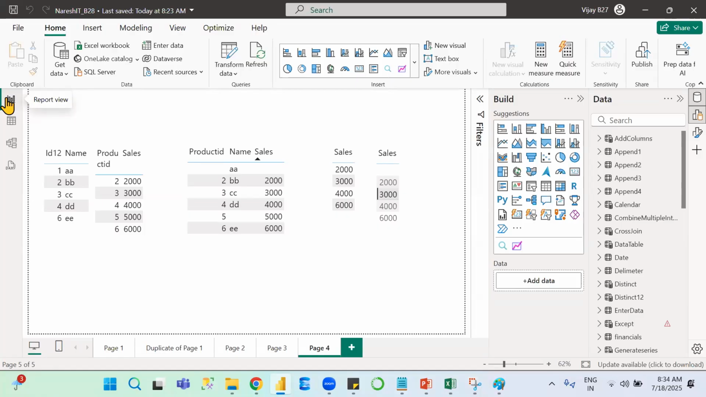What is the next one? See here. Once the model topic is completed, then again I will come to the report view tab. In report view tab, up to here in home tab, up to transform data only we discussed. After that remaining options, we didn't discuss, right? Because when we click on transform data, there itself transform data options we discussed. That's it. That means under home tab in report view tab, up to here only we discussed